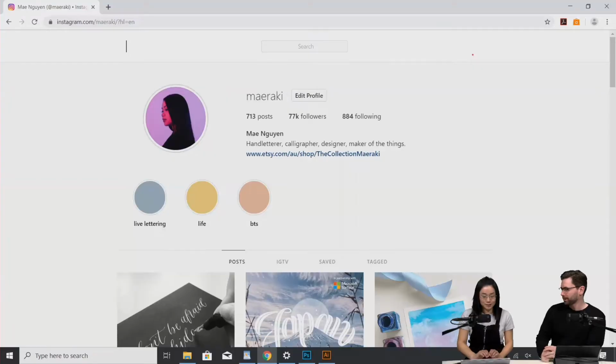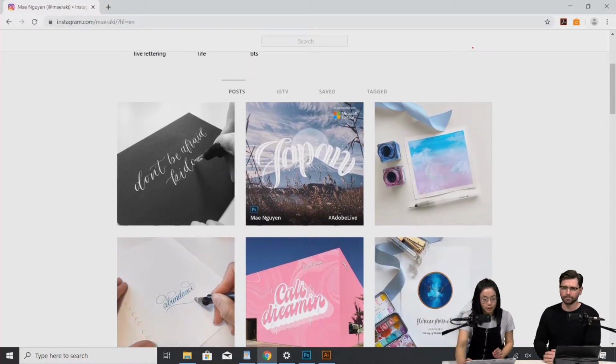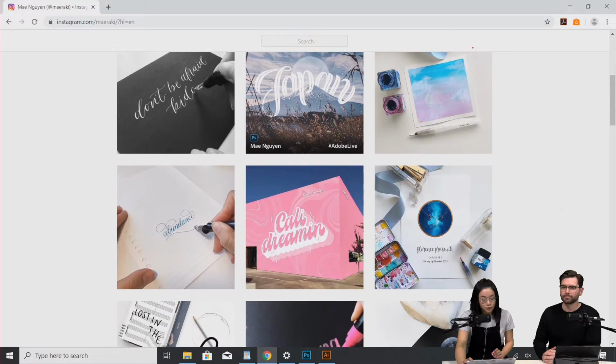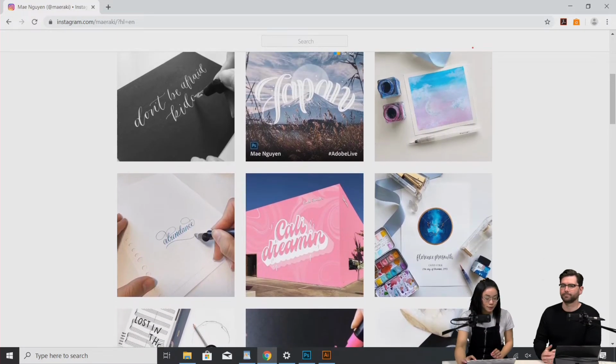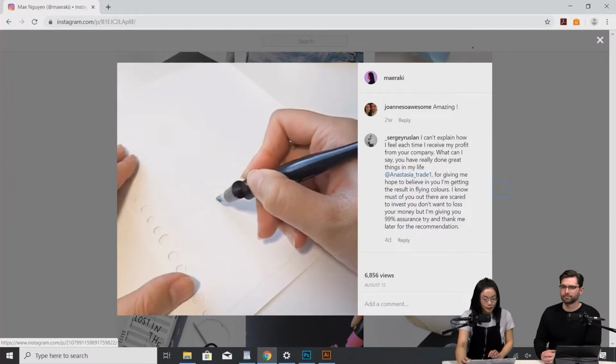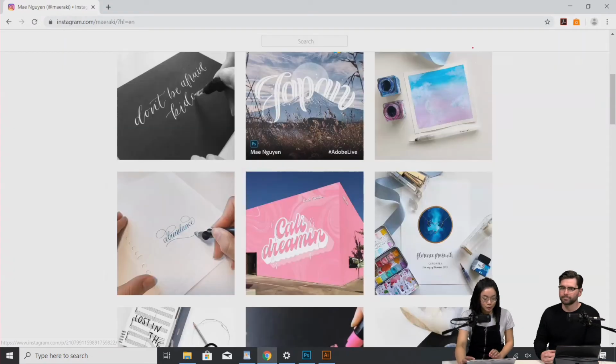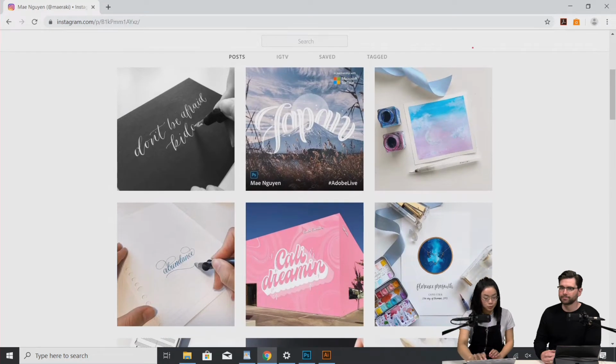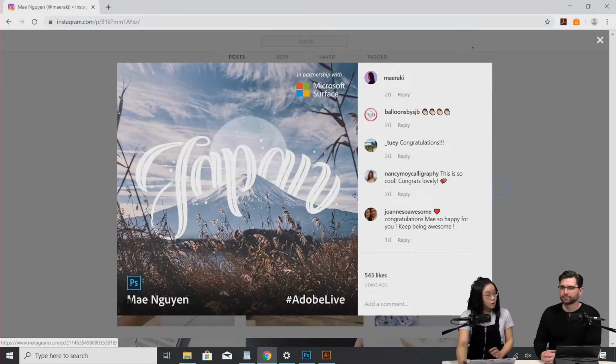This is actually some of your work behind us. I thought maybe we could start by checking out your feed and some of your work. I'm using a Surface Pro here today, and we'll just go through. I normally do analogue work, so I'm very heavily based in actual calligraphy and hand lettering, but I sometimes like to do something more digital, and I just use Adobe Sketch to make this.